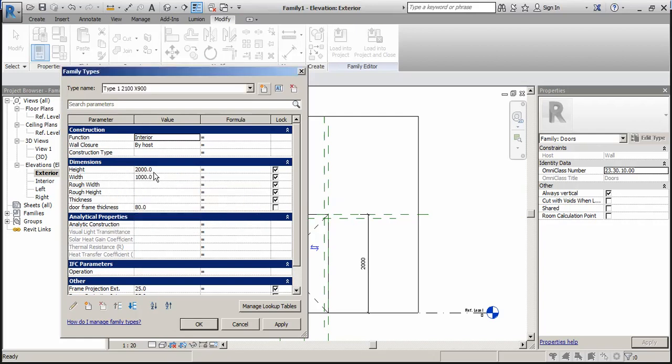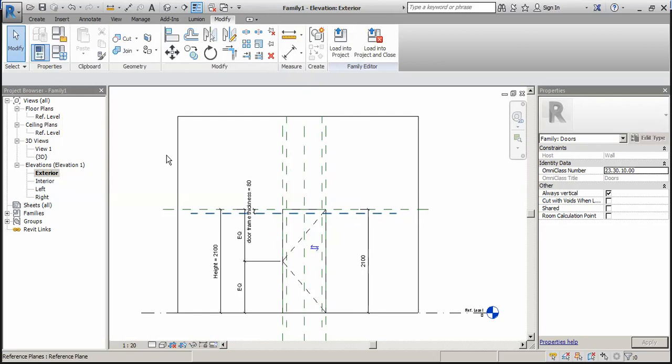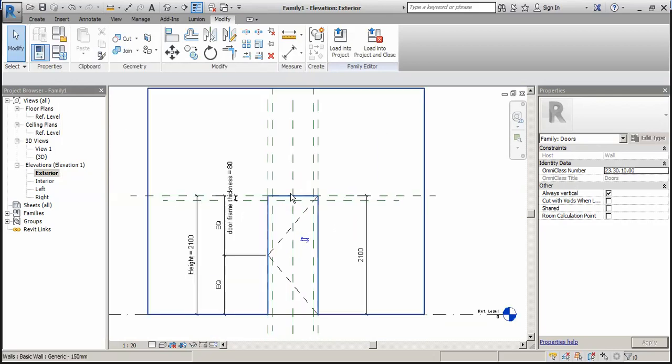Okay. So here we have to modify the height, 2,100 and width is 900. Okay. So we created this.